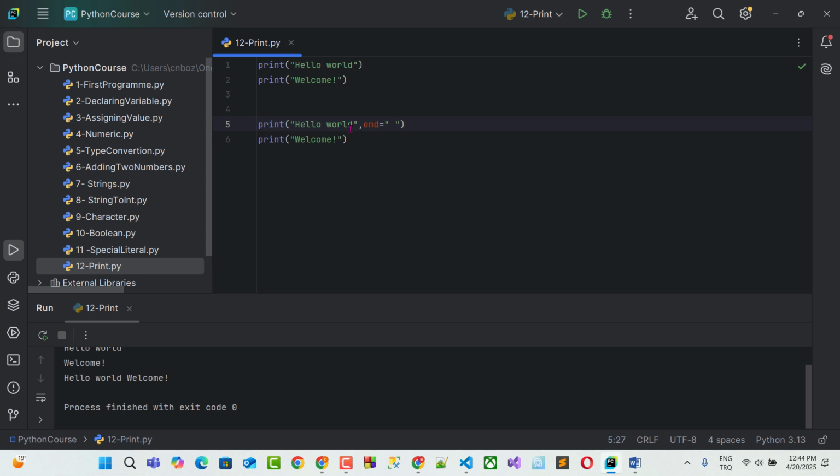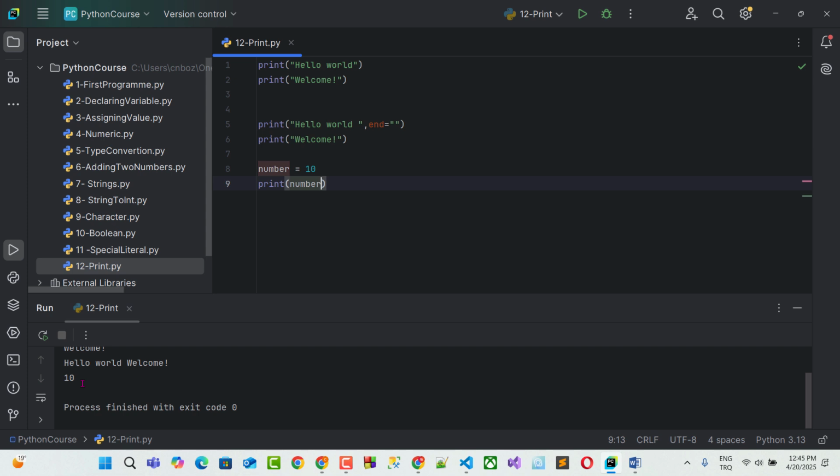Instead of doing this, I just go back and I put one space here. So I run it. You see hello world welcome again. It appears the same thing on the screen. For example, if I want to print a variable on the screen, I define number is equal to 10. So after I print number, what you will see on the screen is 10.